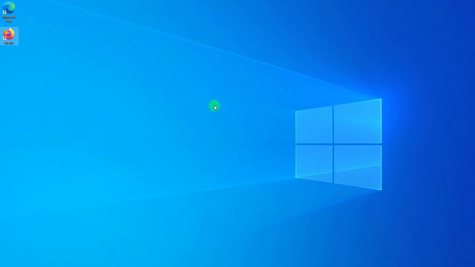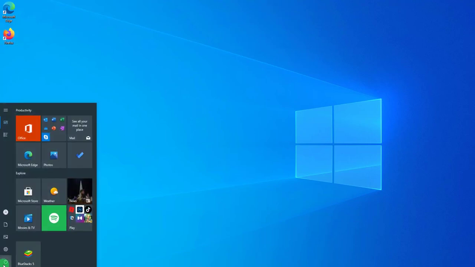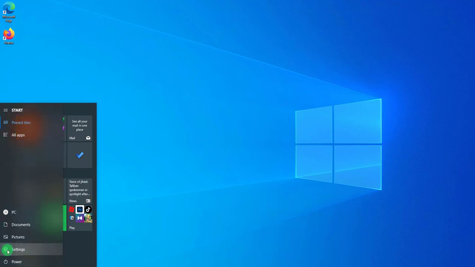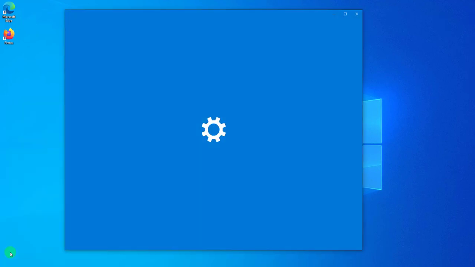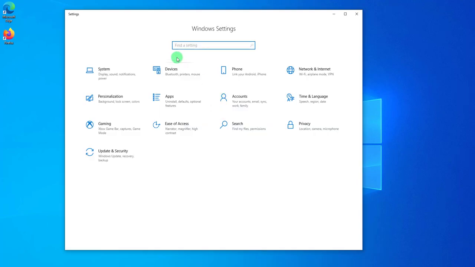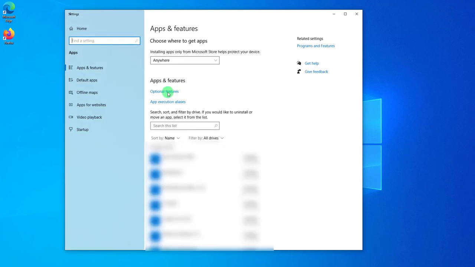Now let's see how we can switch from the default browser, which is Microsoft Edge, to the Firefox one. What you want to do is go to Start and click on Settings, this little gear icon on the bottom part of the Start menu, and you want to look for the Apps section, because this is the part where we're going to have the defaults. So click on Apps, and on the left hand side you will see Default Apps. Click on that,